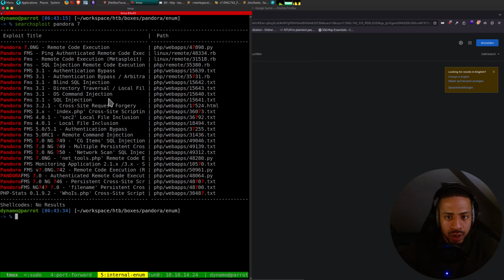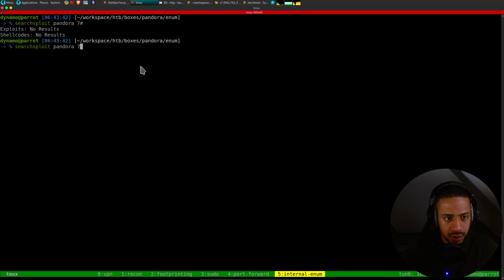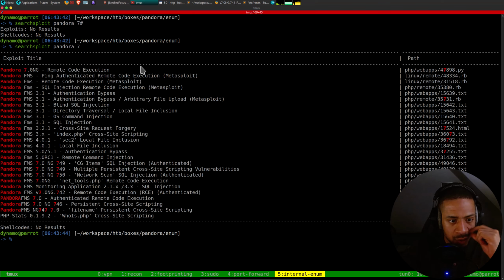We've got a remote code execution, remote code execution, authentication bypass. These are all authenticated. And we don't have credentials.